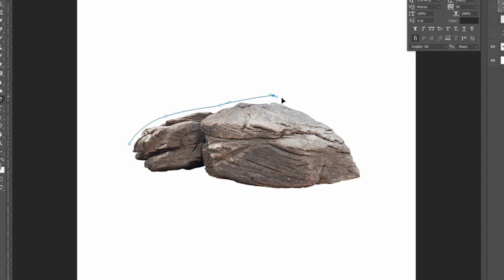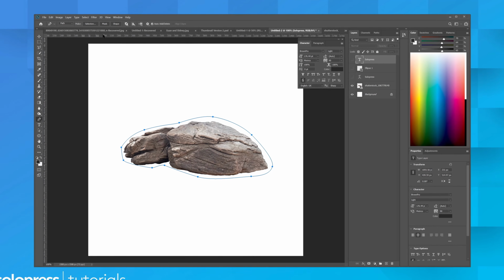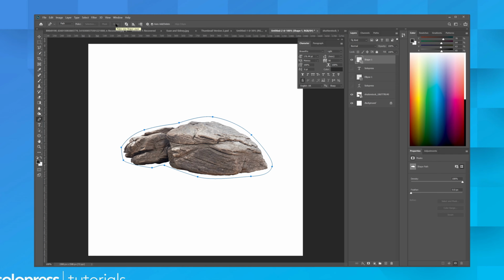In order for the text pathing to look clean, make sure that there aren't too many corners. Even if it looks like the paths you're creating don't quite match up with the object, if there are too many corners, then the text will look jumbled up. Once you're done, click Shape to create a shape from the paths you've made.